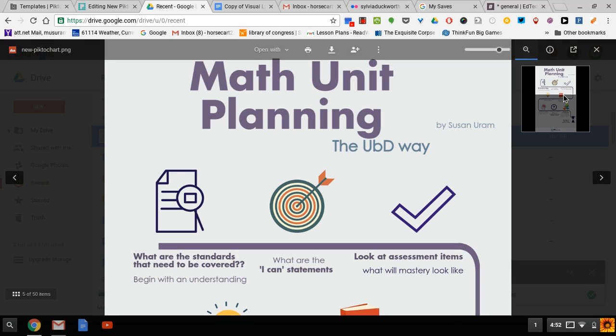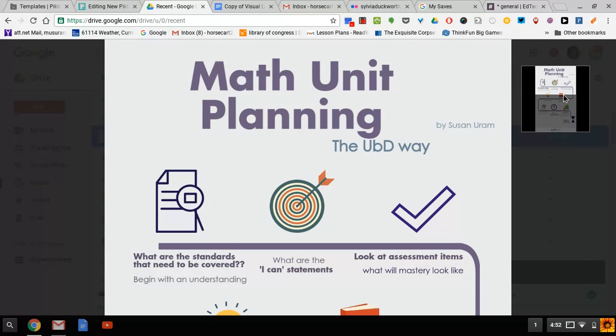So this is my infographic that I made for visual literacy to share with teachers. I'm working with teachers right now who are having trouble understanding how to plan a math unit with the end in mind. So the assessment, looking at the assessment before you plan the lesson. So in looking at this,